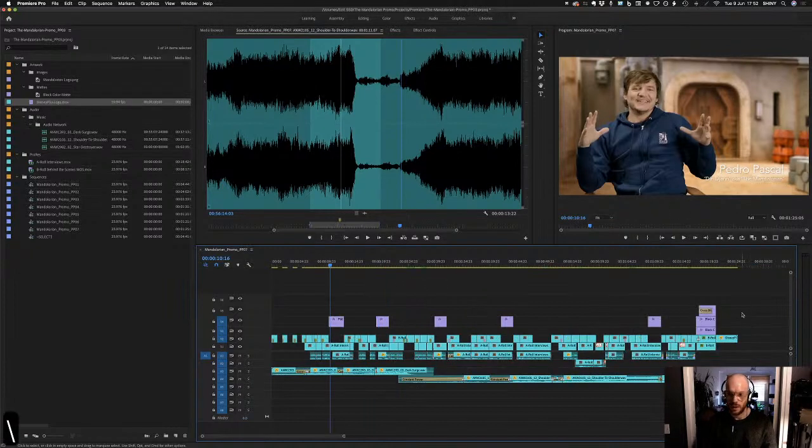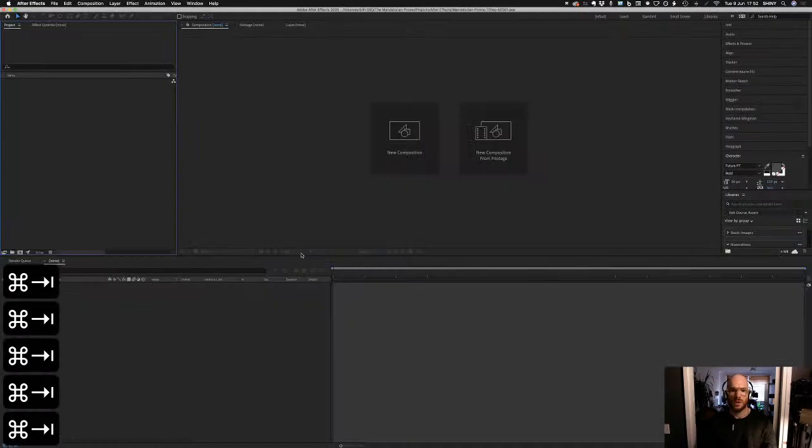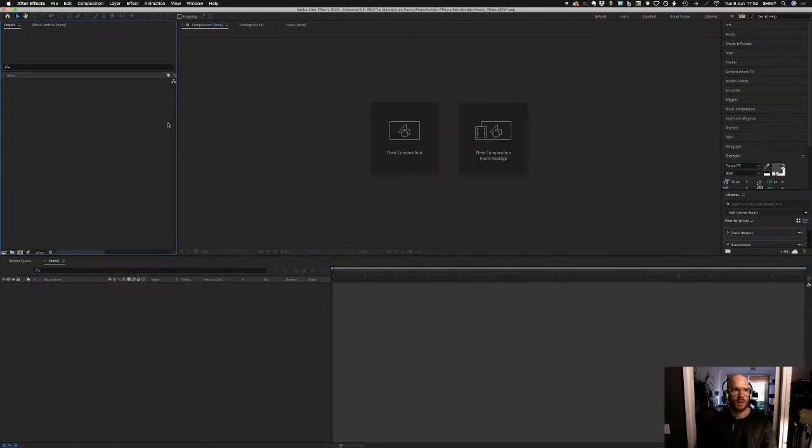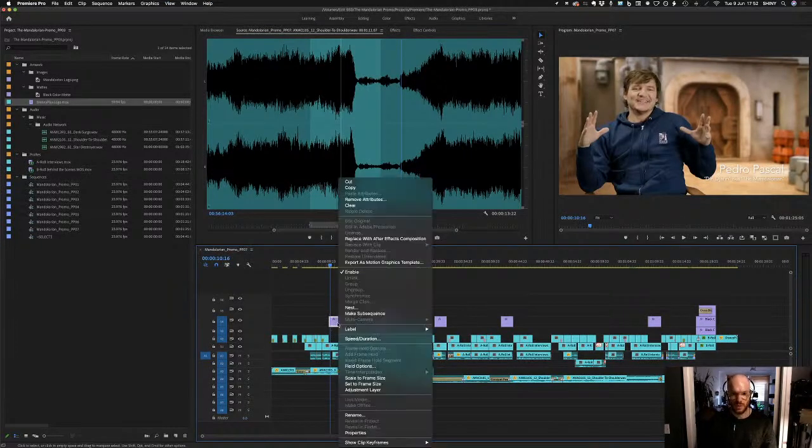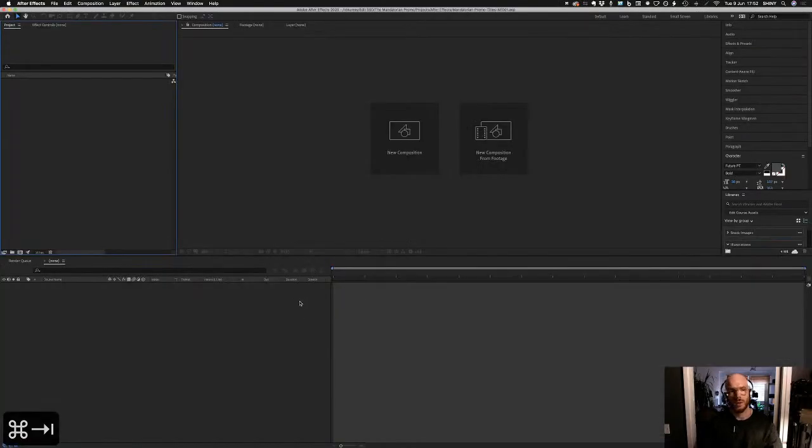So now that we have this timeline in Premiere, let's bring some of it into After Effects. I already have an After Effects project here, completely blank, ready to go. And that's one thing that is important when you do what we're about to do, which is right click the item and then go to replace with After Effects composition. It's important to have an After Effects project open already. Why is that? Well, because if you don't, it's going to create a brand new project, a completely empty project